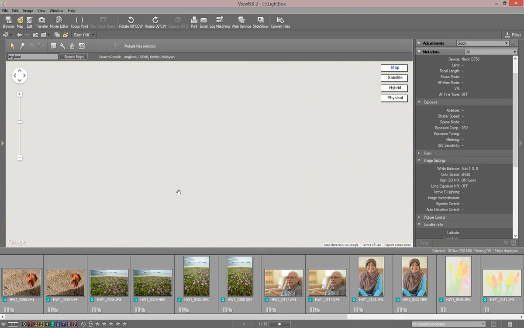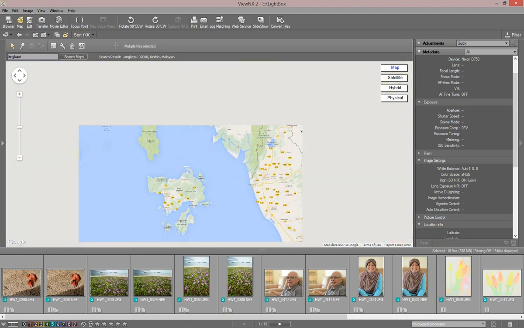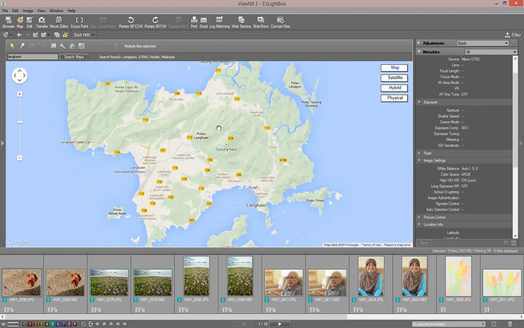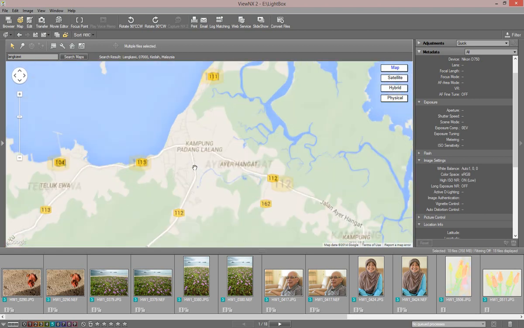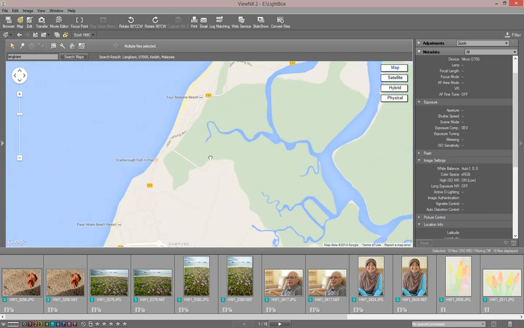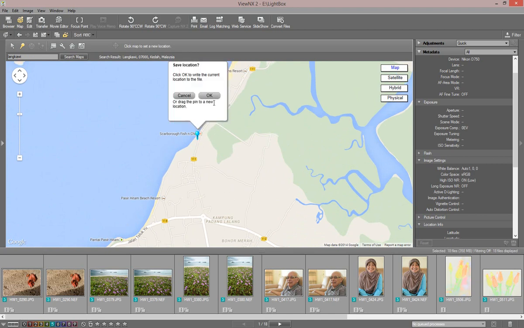and here we are, the Langkawi Island. Okay, let me see, I had taken the photo somewhere up north here. We take the add location pin and click on a particular point. I believe it was taken somewhere around there. Click OK,